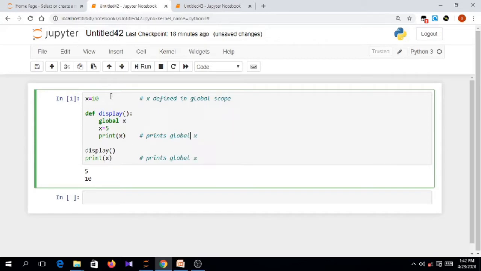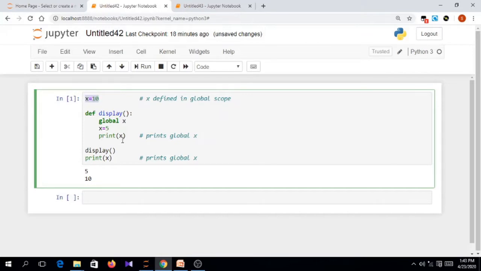So when you run this program, first we create x equals 10, which is global. Now when you call the function display, we go inside the function and declare x as a global variable. So when I make x equals 5, we are not creating a new variable x, we are assigning the value 5 to the same global variable.